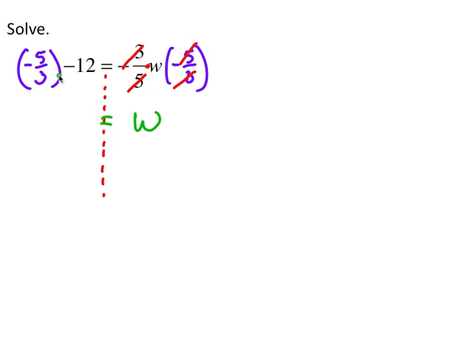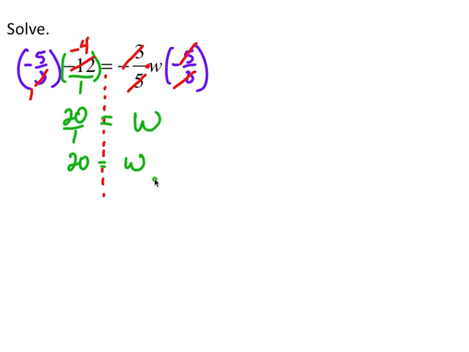Now we just have to multiply over here. So you do have to remember this was a multiplication that we were doing. So we'll put a 1 under that negative 12. We can cross cancel the 3 and the negative 12. 3 goes into 3 once. 3 goes into negative 12 4 times. We'll keep that negative there so we remember it. Alright, so now we're multiplying negative 5 times negative 4. That is positive 20. 1 times 1 is 1, so it's just 20